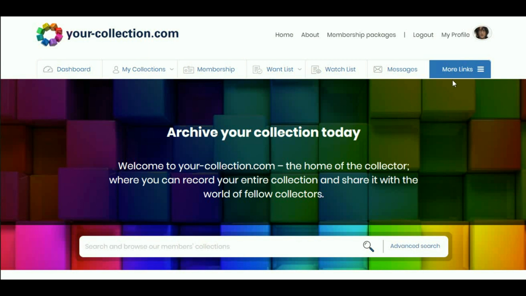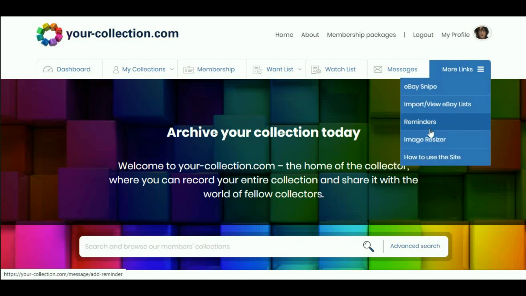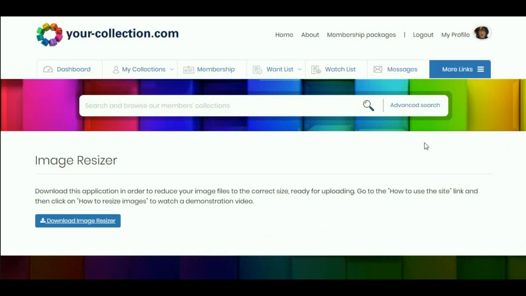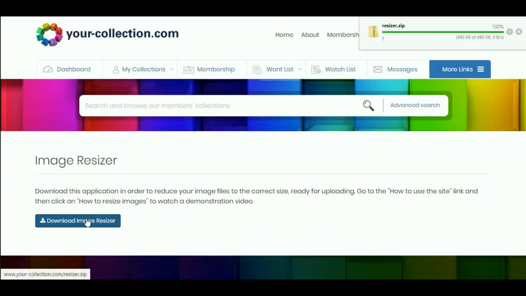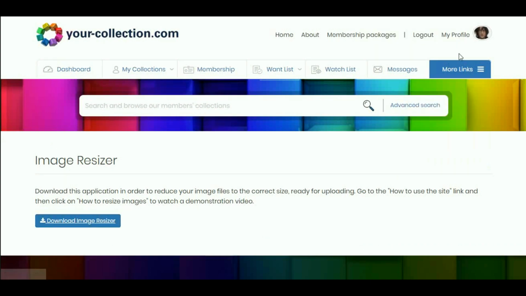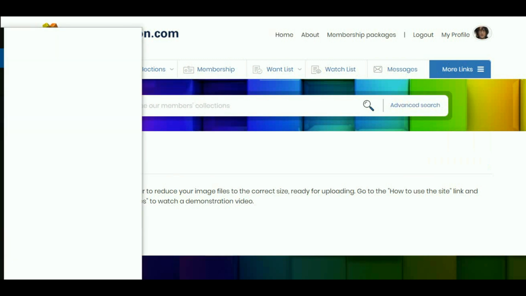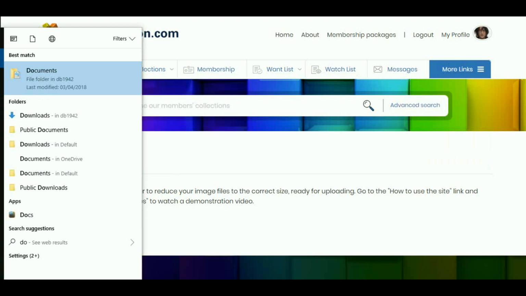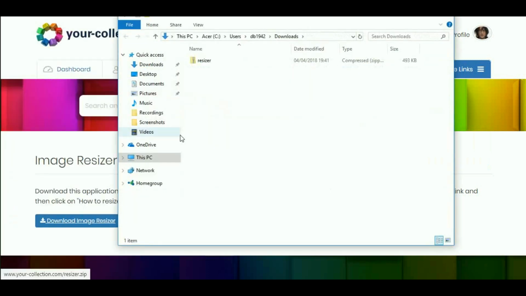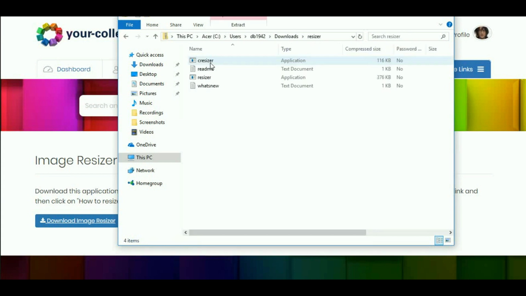If we come across to more links, we can see image resizer as an option. Left click and we're taken to the image resizer page. Left click on download image resizer and it's downloaded. We go to the download page and there it is, resizer. Double click to open it